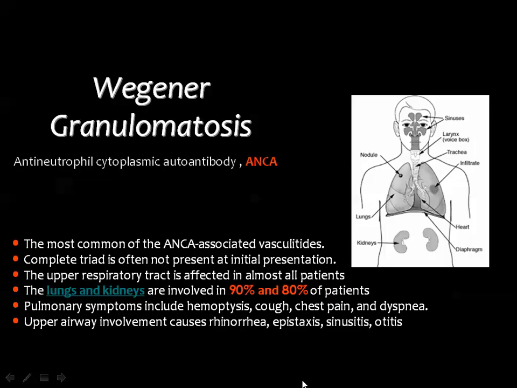thrombosis. Then we come to the small vessel vasculitis, starting with Wegener granulomatosis, and you remember that it is related to an anti-neutrophil cytoplasmic autoantibody, and this is the most common type of this category. It affects predominantly the lung and the kidneys in about 90 and 80% of the cases. Wegener granulomatosis is a triad